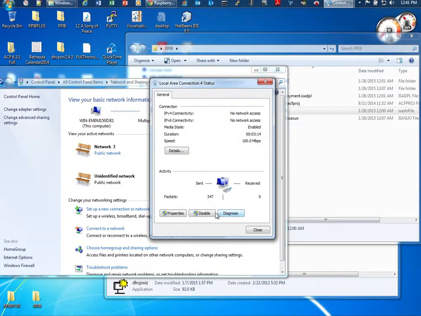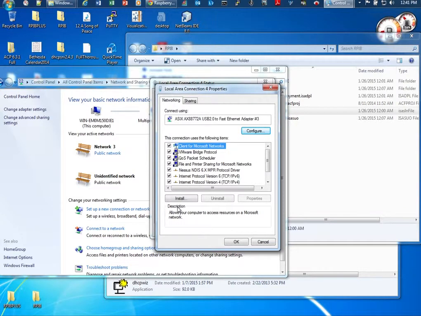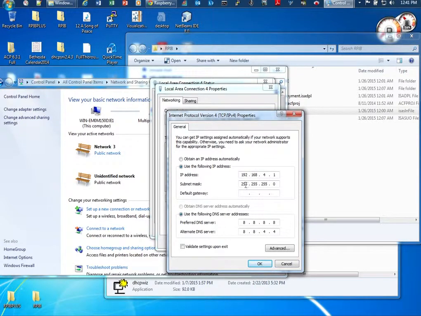and do Properties, and then go to TCP IPv4 and do Properties again. And then this is what you want to set up. So the way I set it up is I use the same number as the Local Area Connection 4 and then give it the address 1, which is the basic address. Fill in the subnet mask 255.255.255.0. Leave the default gateway. You don't really need DNS server addresses either, but they're there right now. So that's the way you want to have the local area connection set up before you try and use the